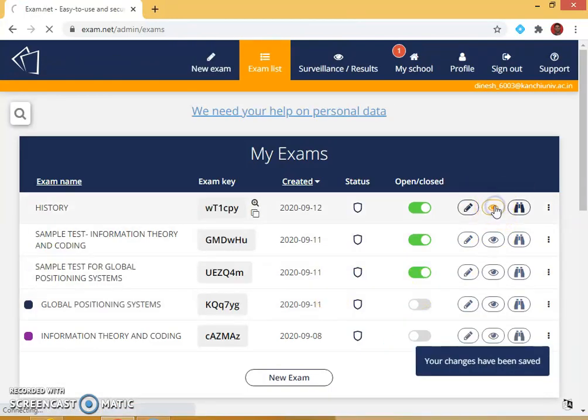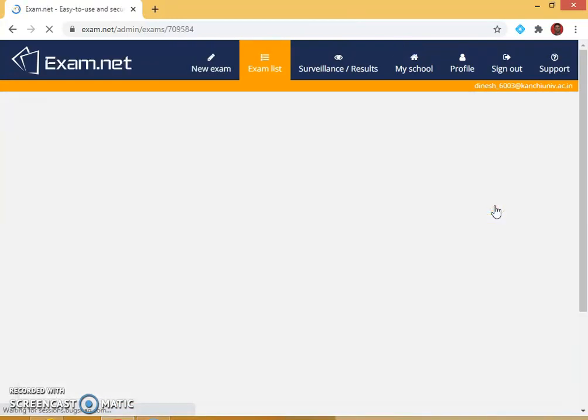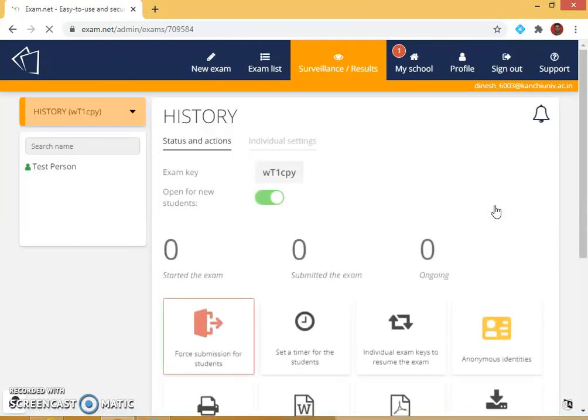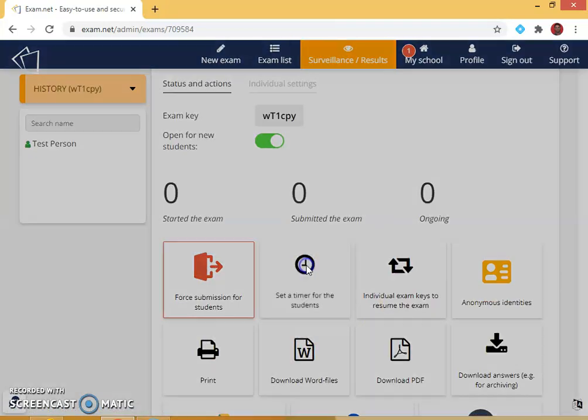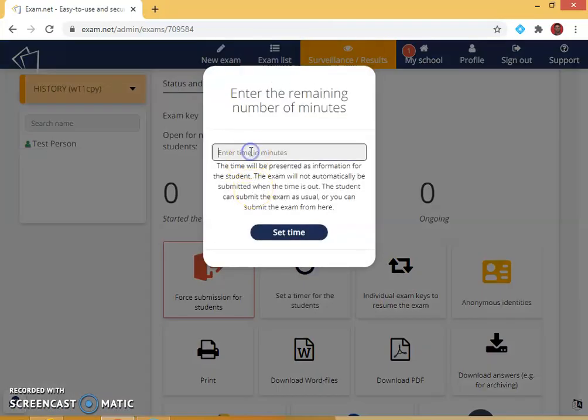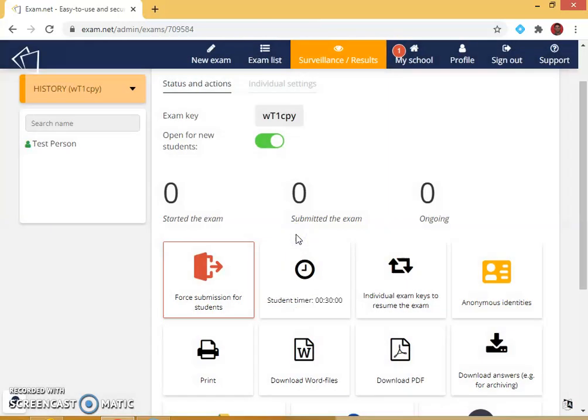So surveillance or results. After the start of the examination, you need to set a timer. How much duration in terms of minutes should be given? I gave it as 30 minutes. So if I give 30 minutes,